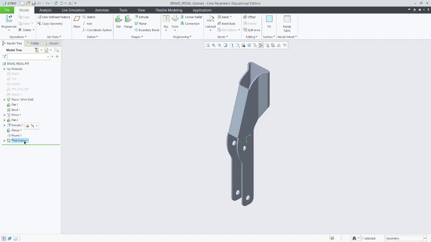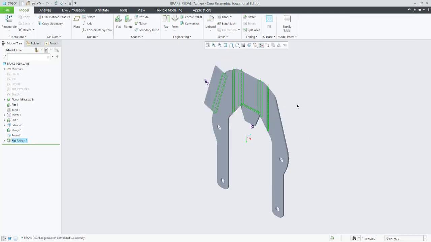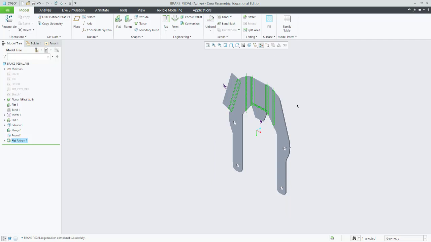So that's why first we will have to delete this flat pattern. I will right click on it and say delete. Click on OK. Now we are going to create the same flat pattern again. I will show you why. First go to flat pattern and now click on OK, and it will create a flat pattern view. Now I cannot use this, but the reason why I have done this is to get access to an operation called create representation. If you don't do this here, then you won't be able to get access to the operation.